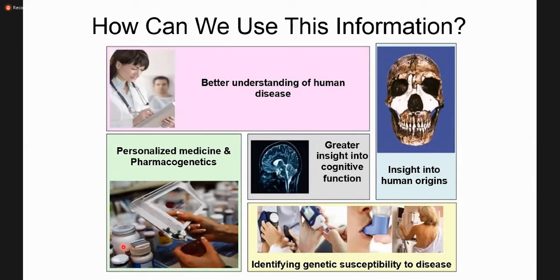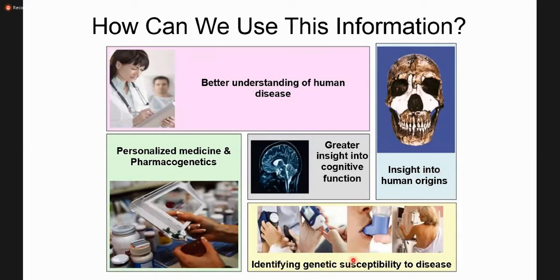Then not only is understanding of human diseases related to genetics, but other things can also be related. For example, now we have personalized medicine and pharmacogenetics, where every individual has a unique genome, and according to that genome, the medicine is given to that specific individual. Then it has a role in cognitive function. So the understanding of genetics can help in getting insight into the cognitive functions. Then the origins, and understanding of human origins, and